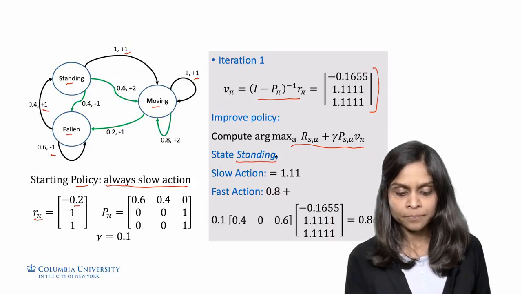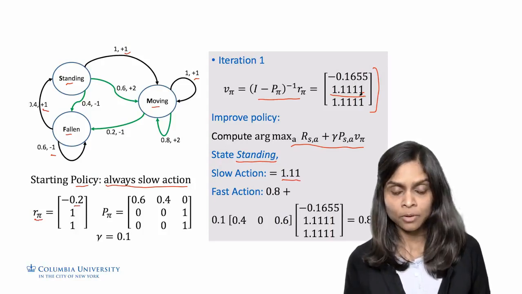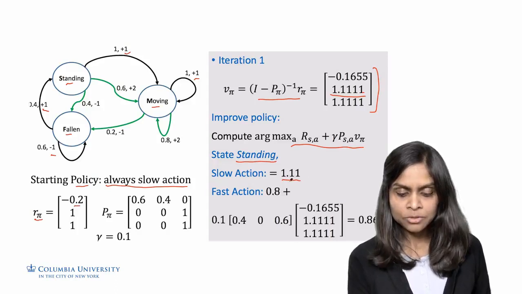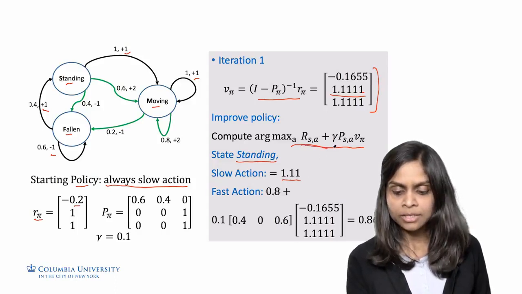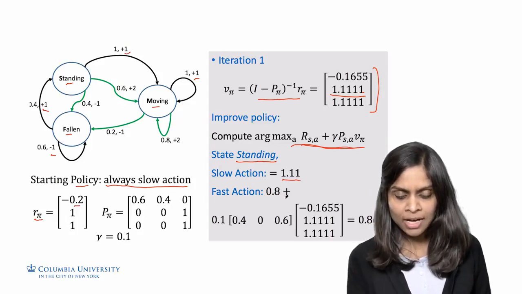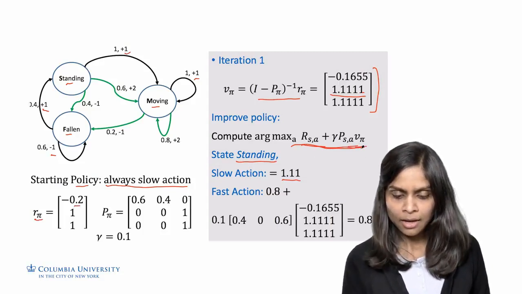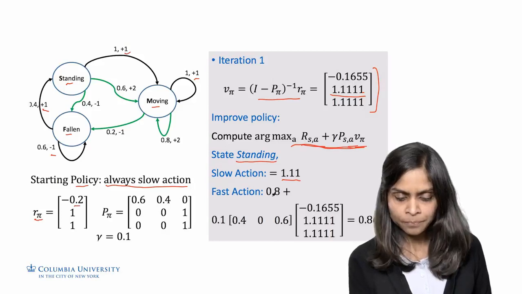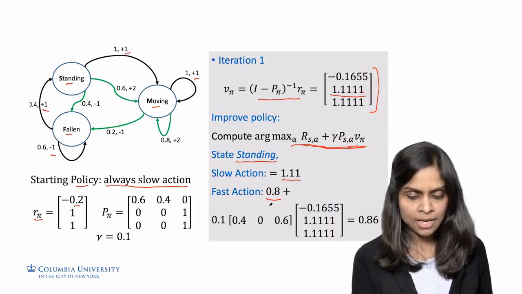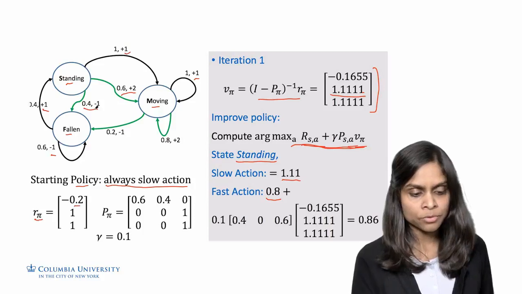So let's see if we can improve the actions in standing or moving state. For standing state, the slow action value is 1.11 as given here for the current policy. And that is going to be the same if we try to evaluate this expression again by the Bellman equations. For the fast action, if we use this formula and compute what happens for the fast action, the expected immediate reward for the fast action in standing state evaluates out to be 0.6 times 2 plus 0.4 times minus 1,